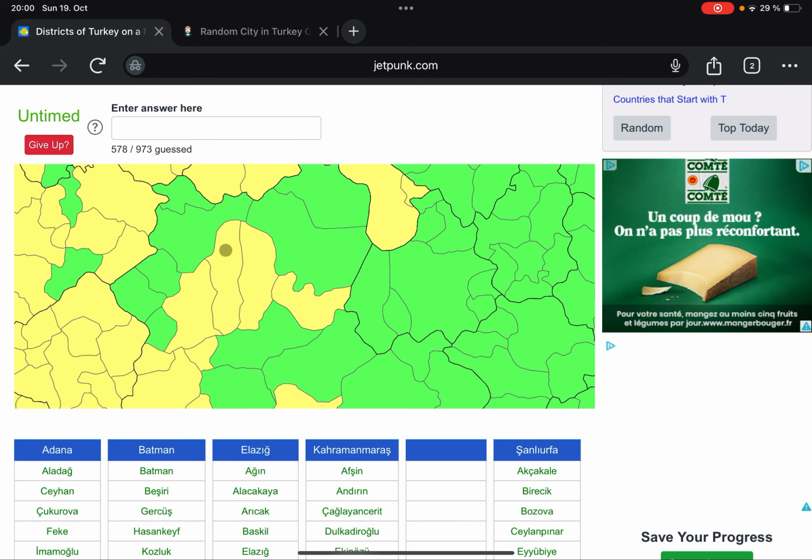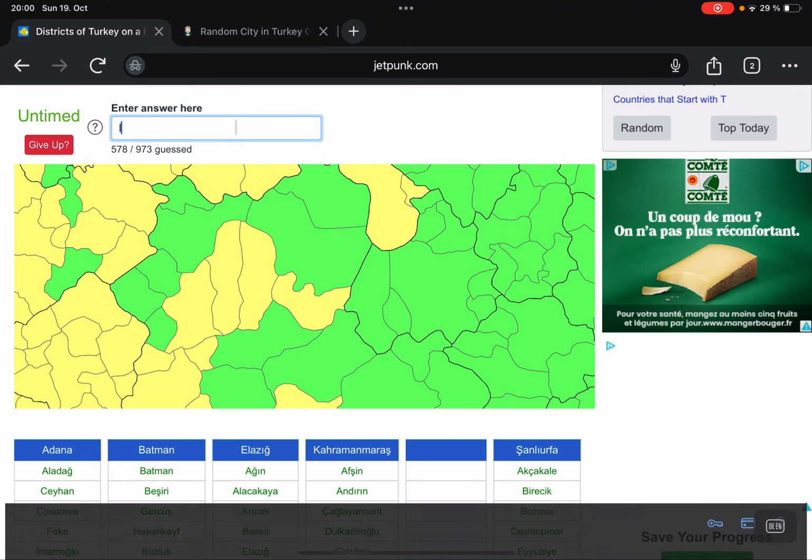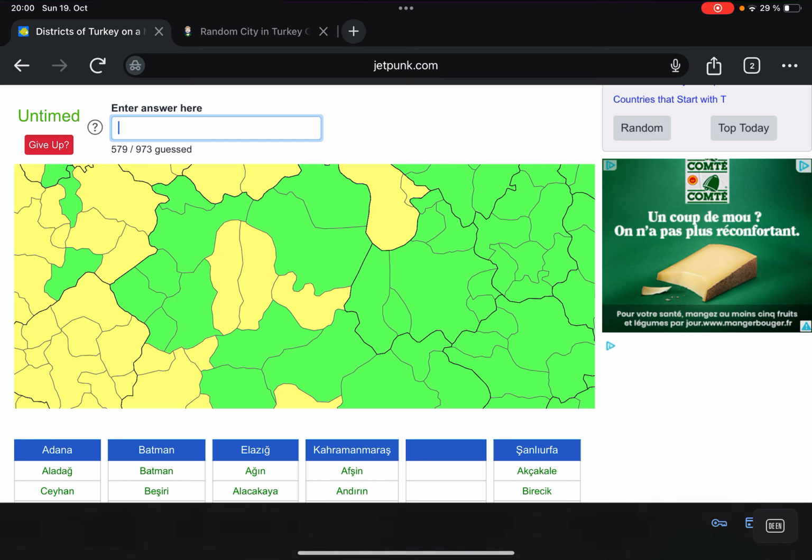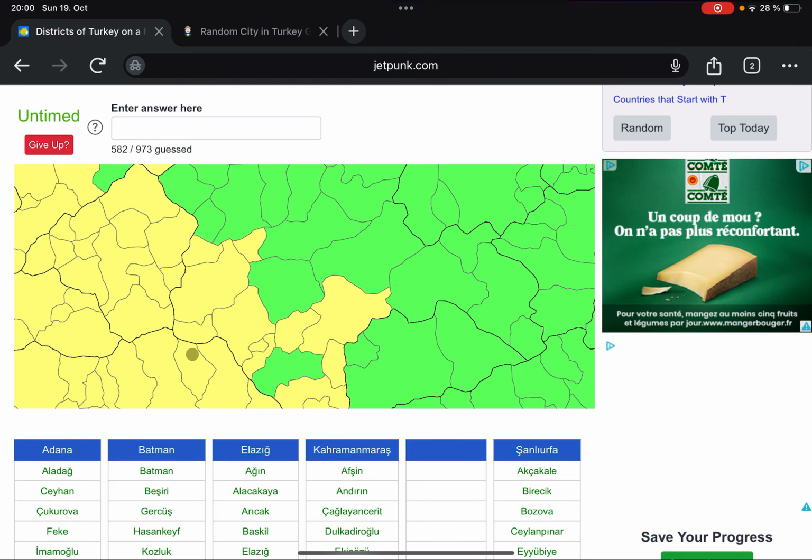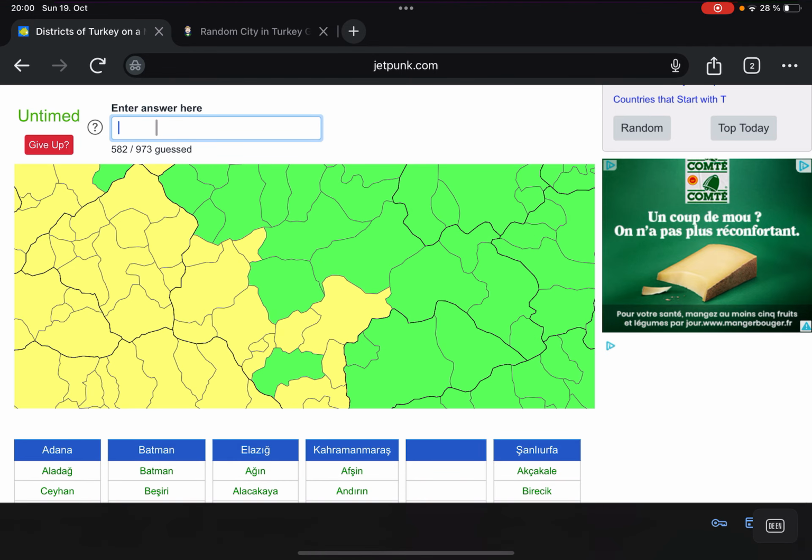Alright. Then here we have Ilgın, Kadınhanı, and Sarayönü, I think. Sarayönü. Yeah. This should be Altınöken, right? Yeah, Altınöken. Alright. Continuing with Hüyük, Beyşehir,